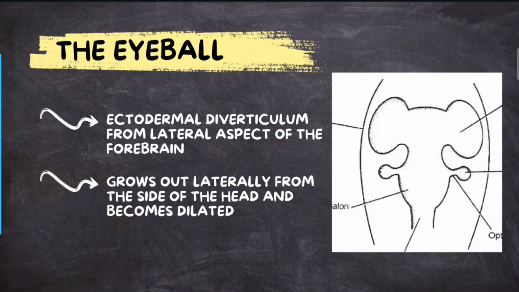Now coming to how the eyeball itself is formed. Like I previously explained, there was a neural tube which was formed. Suppose this is an embryo that we're seeing, like a bird's eye view, and here the primitive streak was formed, and then the mesoderm was formed. After that, it keeps increasing and goes throughout the embryo. Then, if we see in a coronal section, there is formation of the neural tube, which is basically neural ectoderm folding